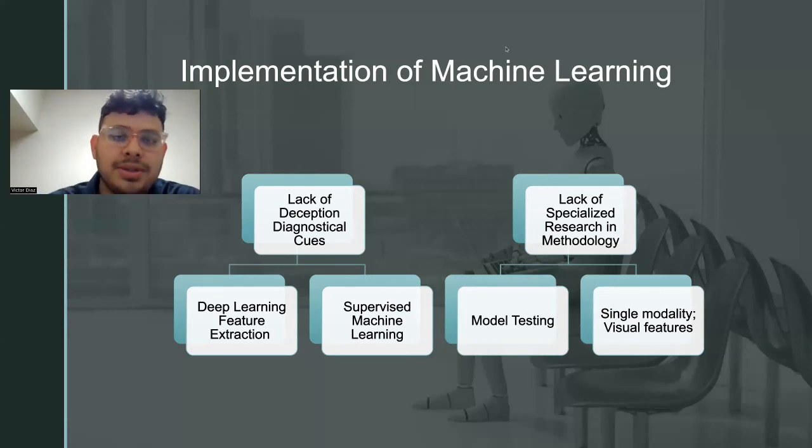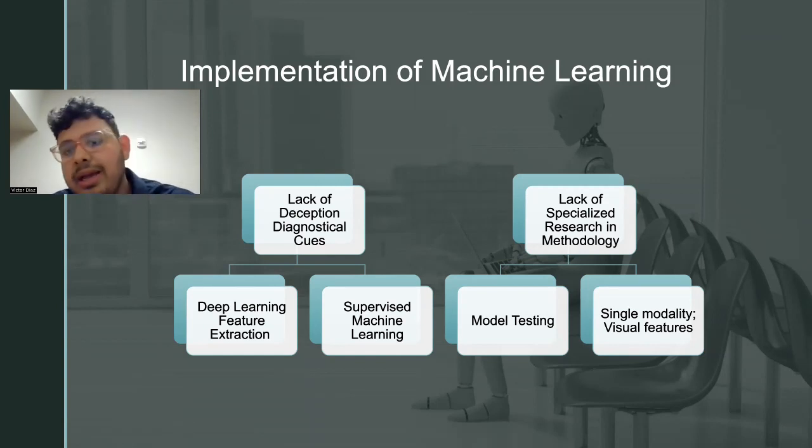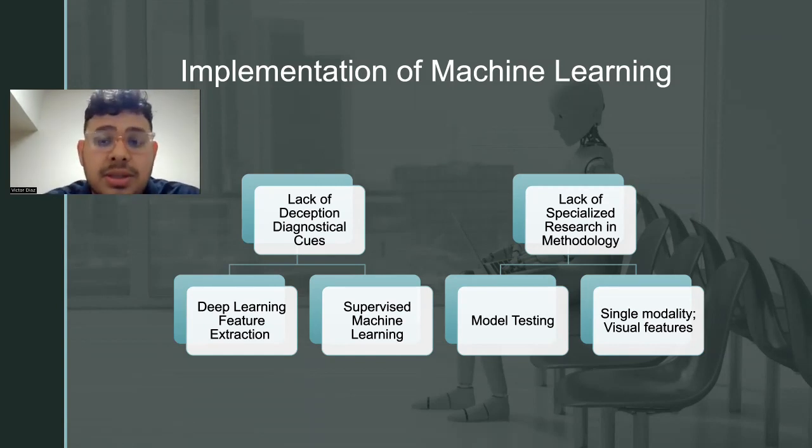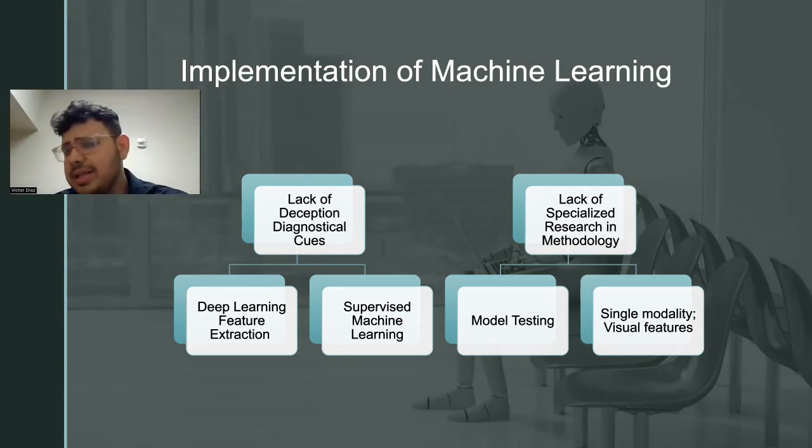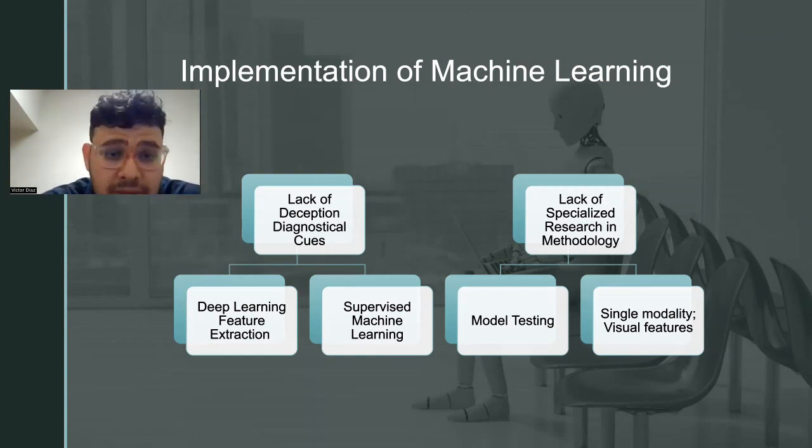So here's where my research at UT Dallas partakes, implementing machine learning in deception work. The main couple of issues with deception work are a lack of cues and a lack of specialization in the methodology. Now, machine learning can tackle these problems very well. With a deep neural network and deep learning,